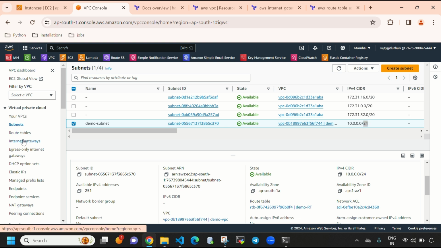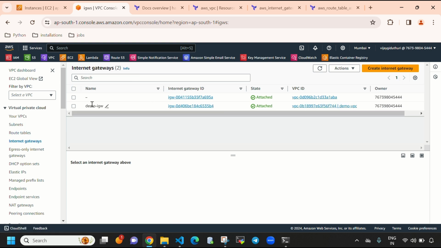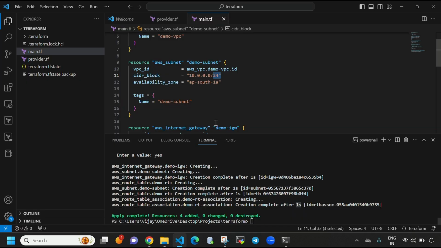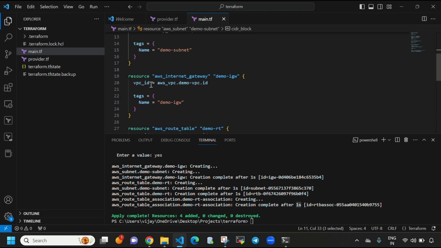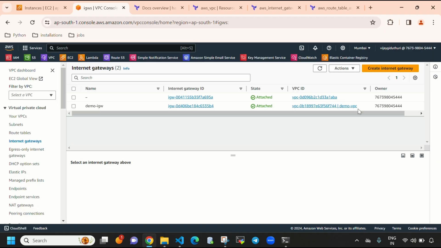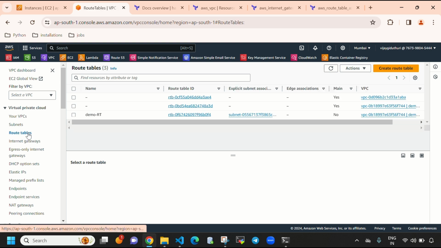And let's go to internet gateway, and you can see this is the internet gateway and it is attached to demo VPC. When you go to VS Code, guys, when you go to the internet gateway, we have created an internet gateway and we have attached this internet gateway to this VPC. So you can see this is the VPC, demo VPC. Let's go to route table. You can see this is the custom route table which has been created right now, guys. So when I select this,